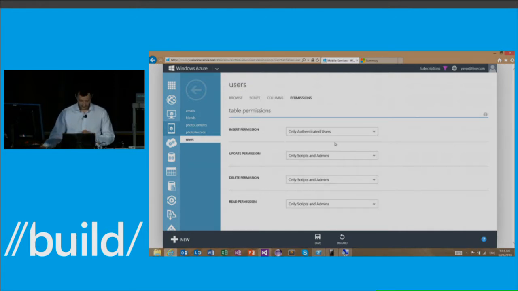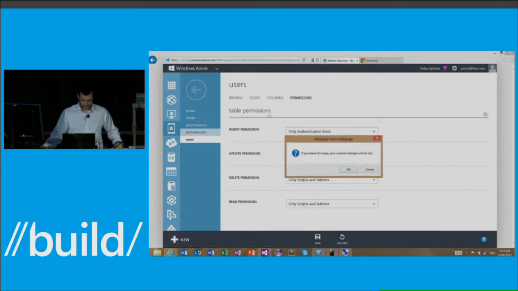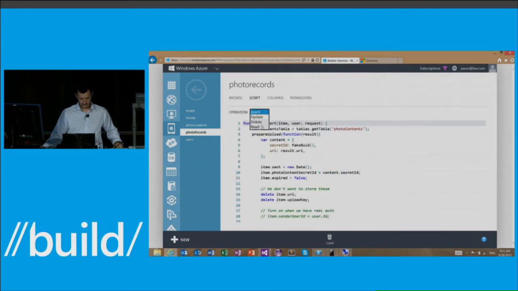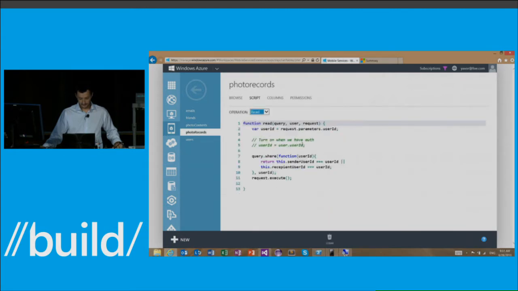So let's go inside the photo records table, and then go inside the read script there. Now, this is kind of an important part of my app, right? I want to make sure when somebody's browsing this photo records table, I want them to only be able to see the photos that were sent by them or sent to them, right? I don't want them to just be able to see anybody else's photos. So this is where I use that